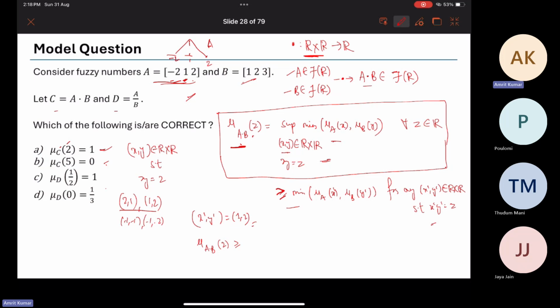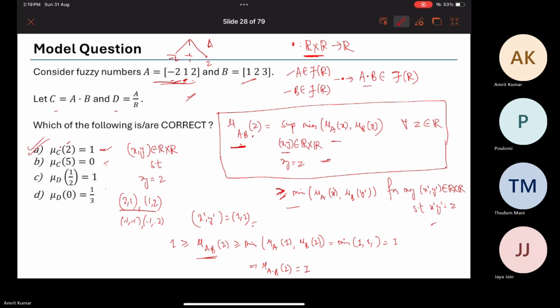Now this particular pair satisfies the property that X dash times Y dash is 1 times 2, which is 2. Therefore, the membership of 2 in A dot B will be greater than or equal to, but we just saw that the membership of 1 in A is 1 and the membership of 2 in B is 1. Therefore, this is equal to 1. And the membership function, we know, is always less than or equal to 1 because it is a member of the unit interval. So in other words, the membership of 2 in A dot B is 1. So therefore, this option is correct,